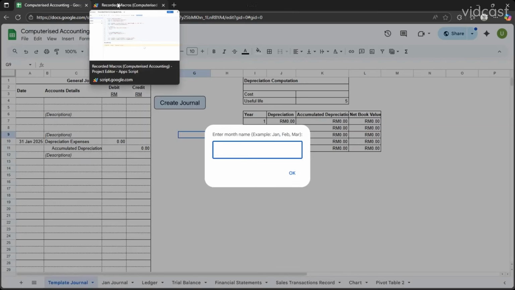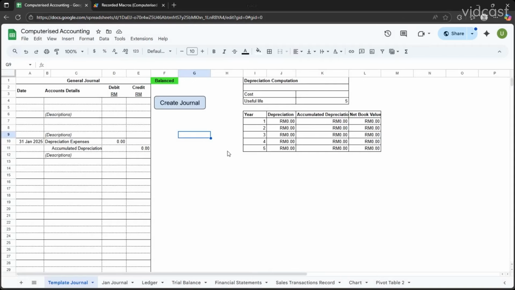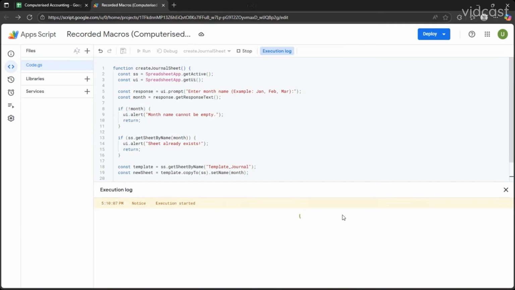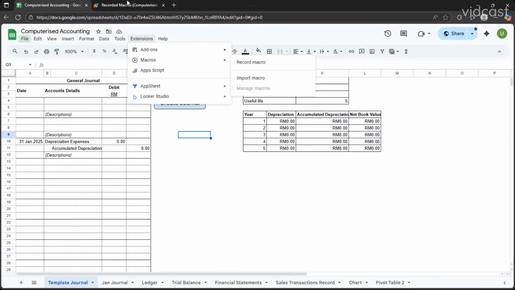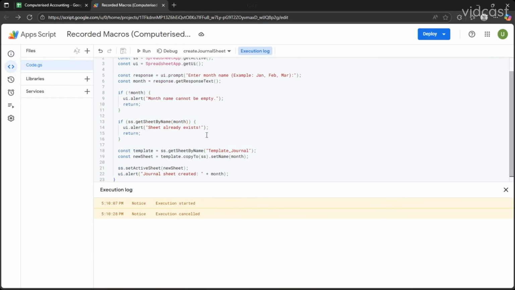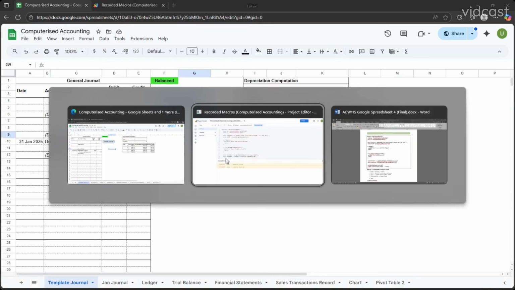It will prompt this over here if you click the run, right? Let me just click OK. And let's go stop over here. Just stop that one. Okay. Extension, macros. So basically you paste in this code over here, you will already create